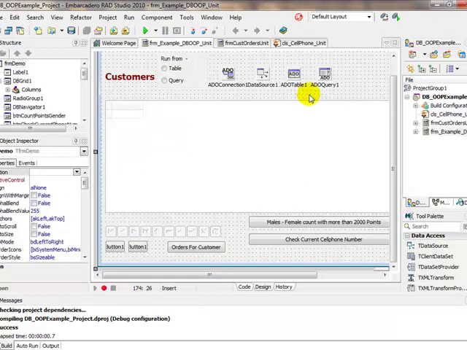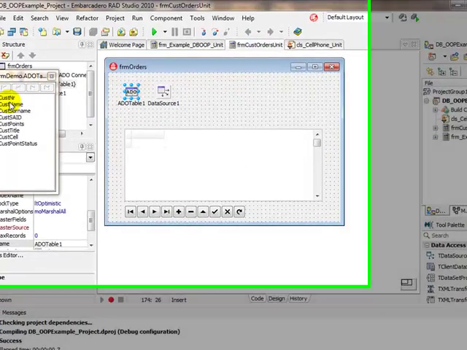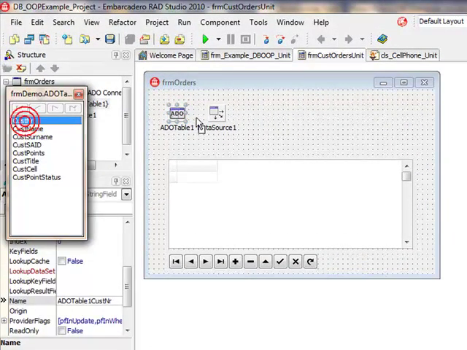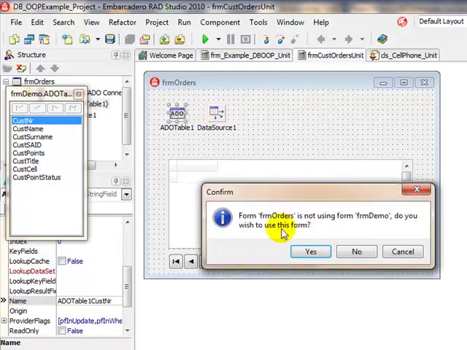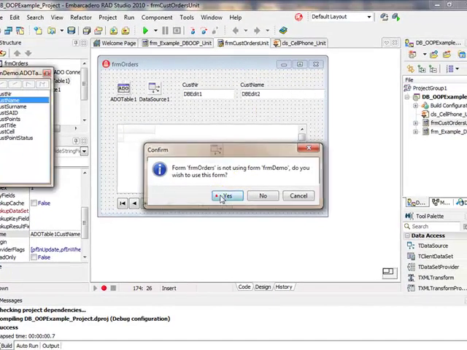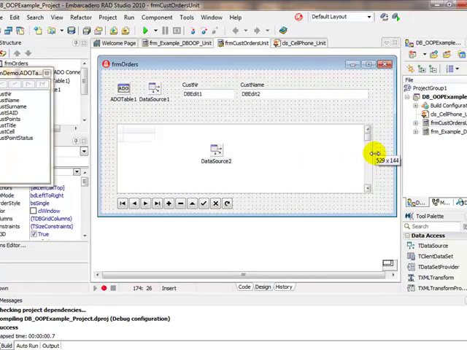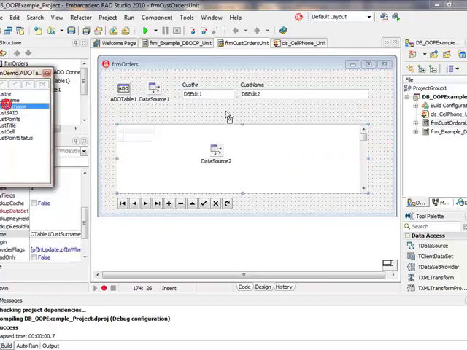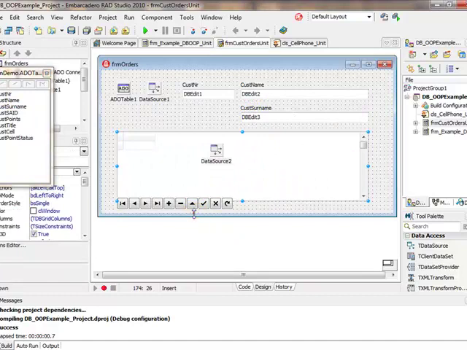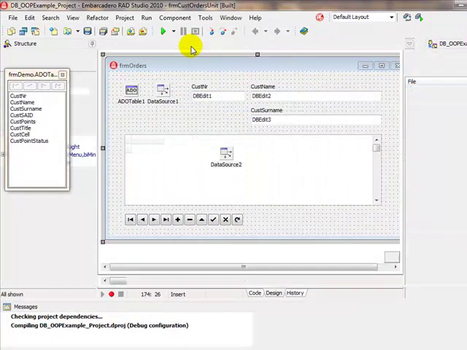Alright, we're going to go to our form, we're going to go to our fields editor, and drag that over there. Let's say I would like to display my customer number, yes, and I would like to display my customer name over there, for instance, and if I wanted to, maybe also the customer surname. So there I have the customer surname in a little DB edit. Can make our form a little bigger. Alright, and now if I run my application,